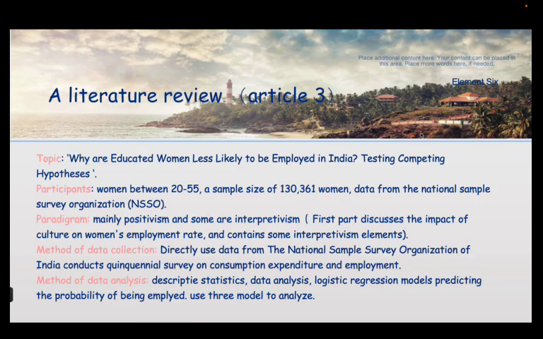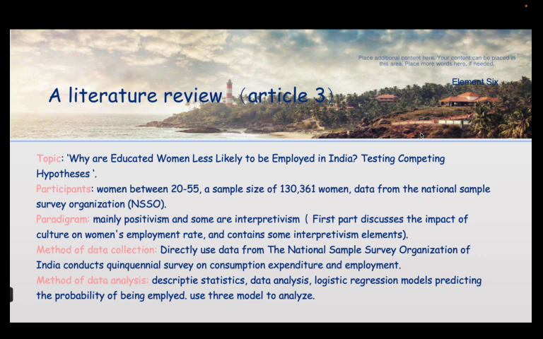This is a literature review about Article 3. The topic of this Article 3 is why are educated women less likely to be employed in India, testing competing hypotheses. The participants of this article are women between 20 to 55. There are lots of women who joined this survey, and there are many data from the National Sample Survey